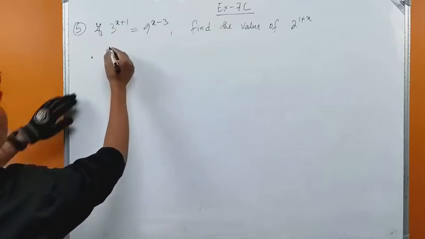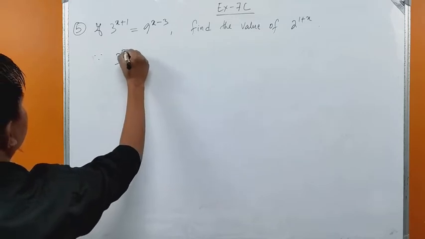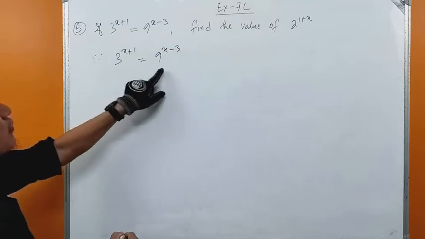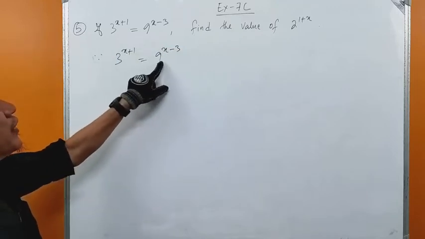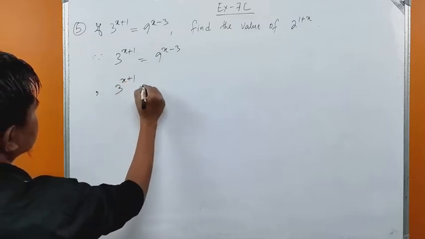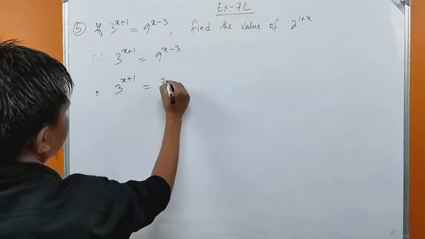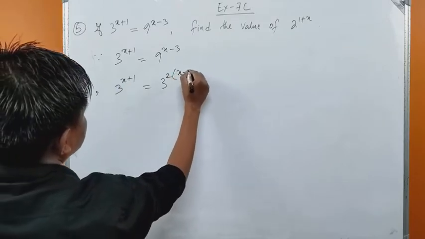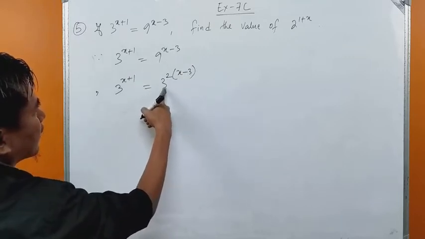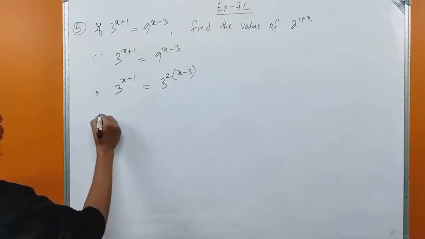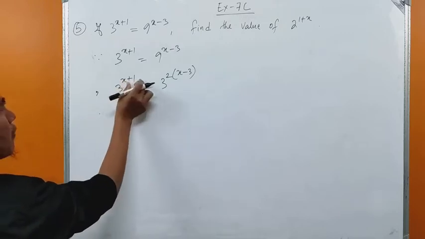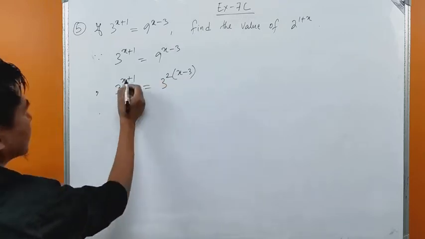Or let's first write this. Since 3 to the power x plus 1 equals 9 to the power x minus 3. This is the given equation to us, isn't it? Or this can be written as 3 to the power x plus 1 equals 9, which means 3 squared, into x minus 3. Now 9 means 3 squared. 3 3s are 9. 3 squared means 9, isn't it? So since 3 and 3 are the same base, the powers will be equal, isn't it? So we write x plus 1